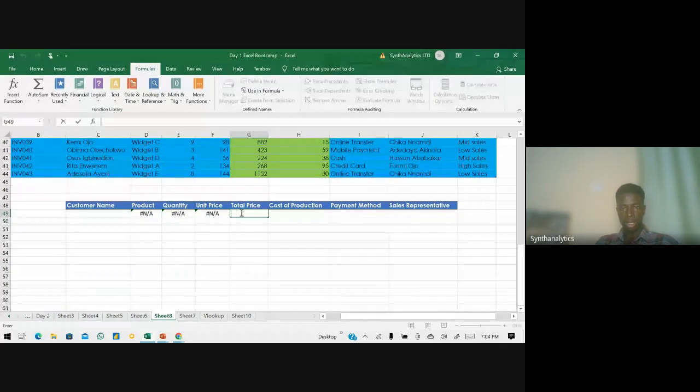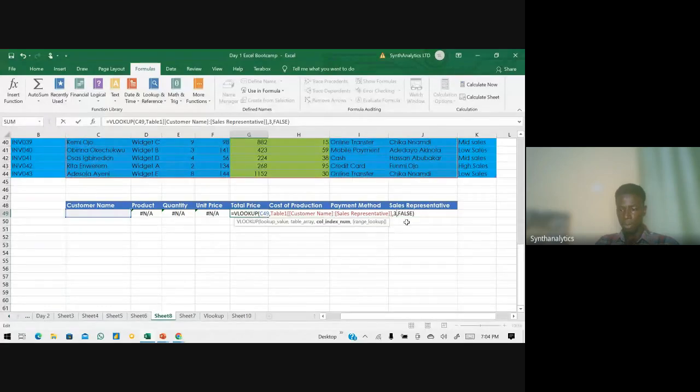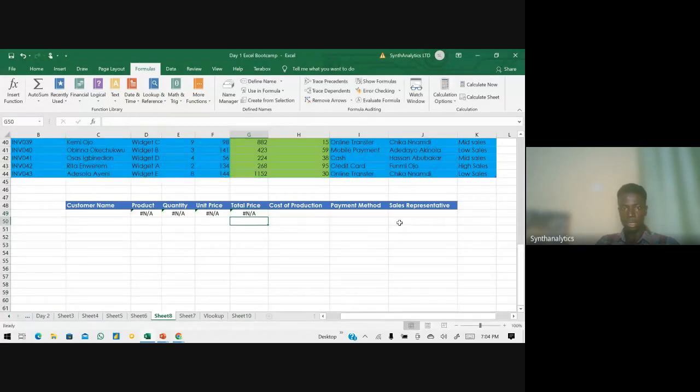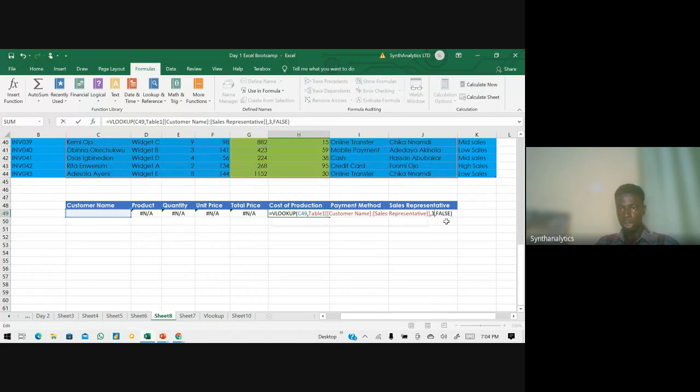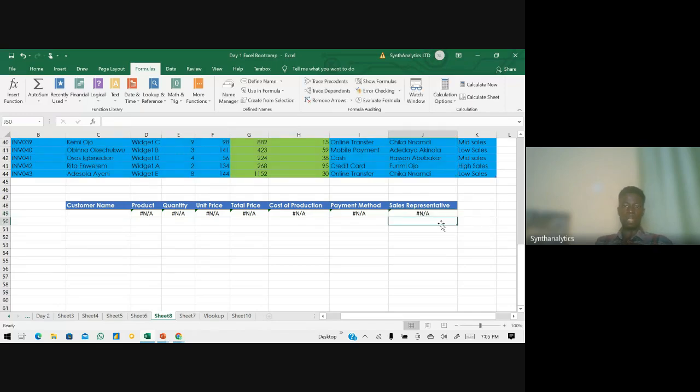This one is column 5 this time around, enter. This guy is column 6, enter. This guy is column 7, enter. This guy is column 8, enter. So now we have this.